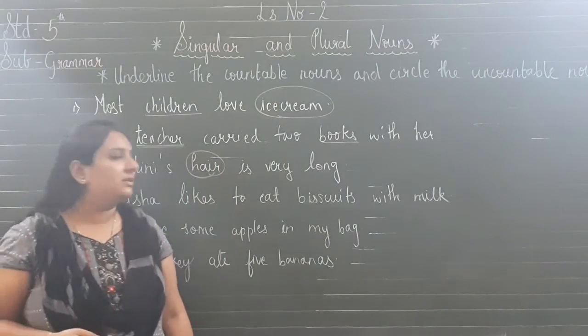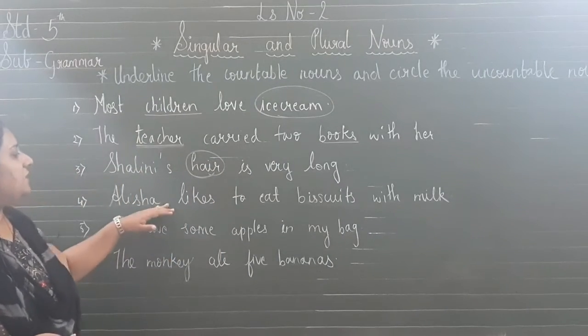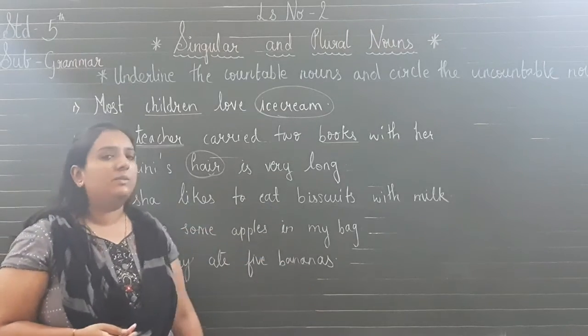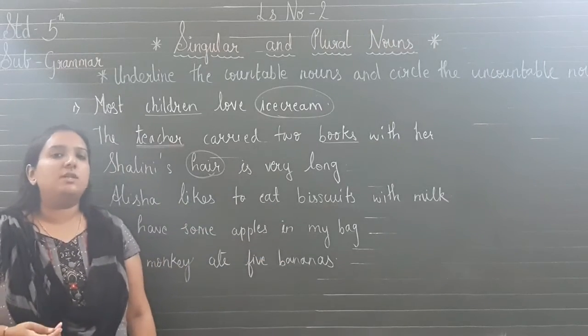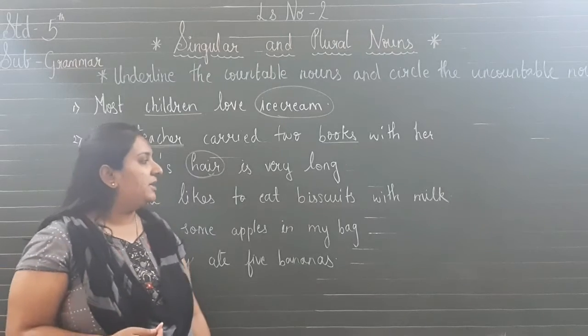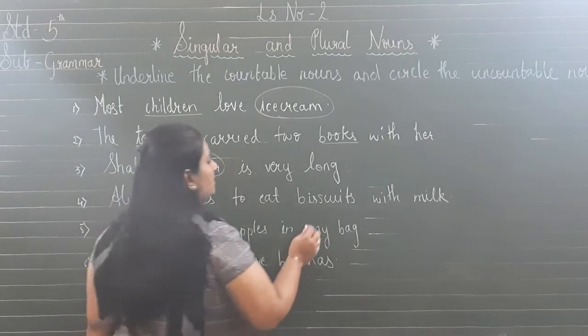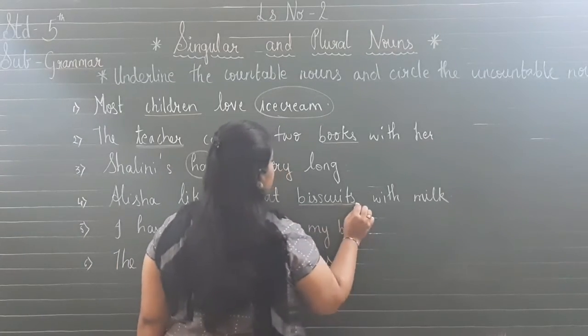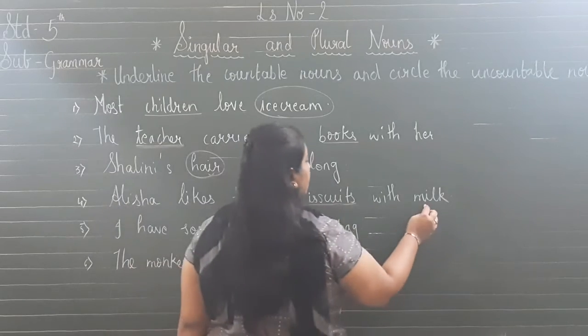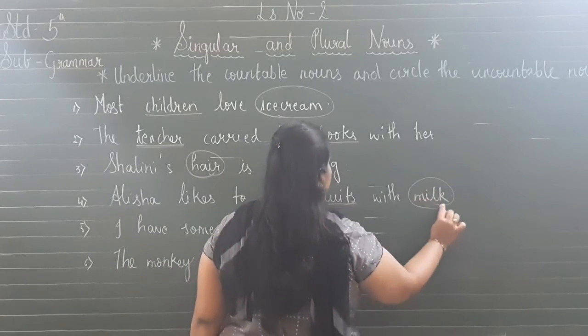So now let us look at the fourth one. It says, Alicia likes to eat biscuits with milk. Here I can see 2 nouns, countable and uncountable. So here biscuits, we can count the number of biscuits. So biscuits is a countable noun, and milk. Can we count milk? No. So milk is an